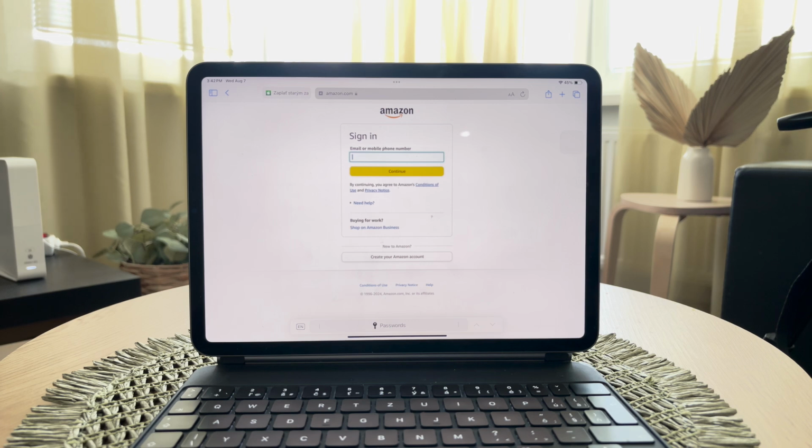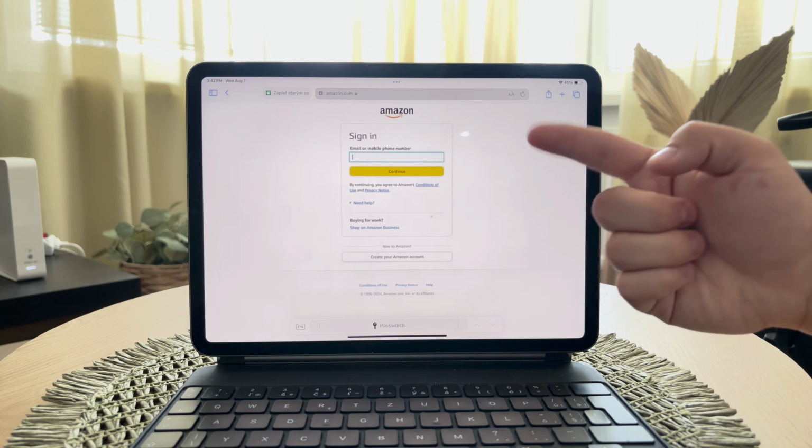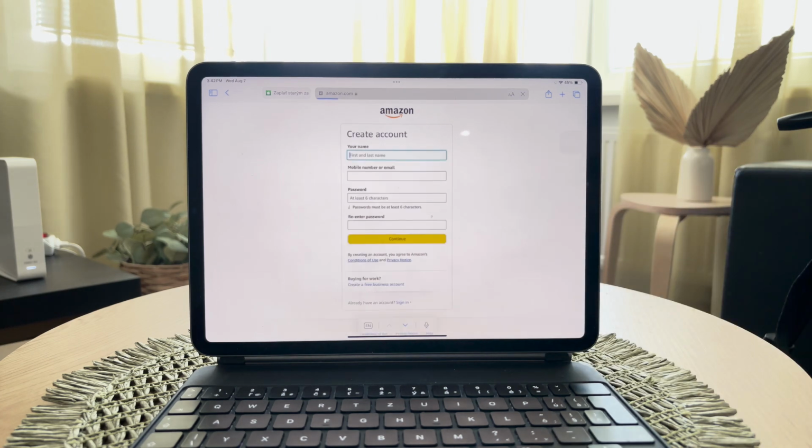Once the homepage loads, look towards the top right corner of the screen and find the Account and Lists option. Tap on this to expand the menu. In the drop-down menu, you'll see an option that says New Customer, Start Here. This will take you to a new page where you'll need to enter your personal information to set up your